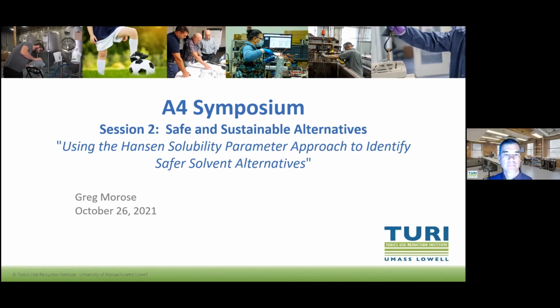Thank you, Greg. Okay. Well, hello, everyone, and thank you for the opportunity to speak with you today. As you probably are aware, highly toxic solvents such as methylene chloride, TCE, and ethylbenzene, and many others are commonly used in a variety of products and applications. So today I'll be discussing how to apply a chemistry theory that's called the Hansen solubility parameter theory to identify safer solvents that can be used to replace these highly toxic solvents that are being used currently.